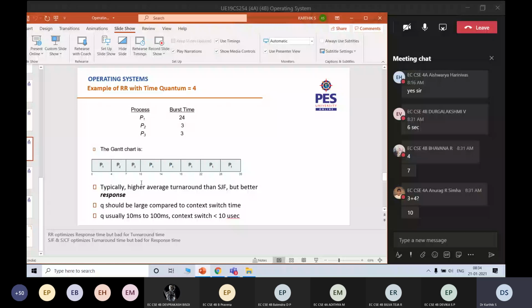Okay, let us do one thing. In this particular case, the time quantum was 4 milliseconds. Instead of that, let us say I take the time quantum as 2 milliseconds, then what will happen? All other data remains the same. Only the time quantum is reduced to 2 milliseconds. Can you try to write a Gantt chart by yourself?